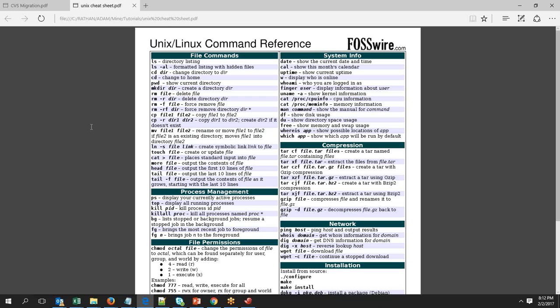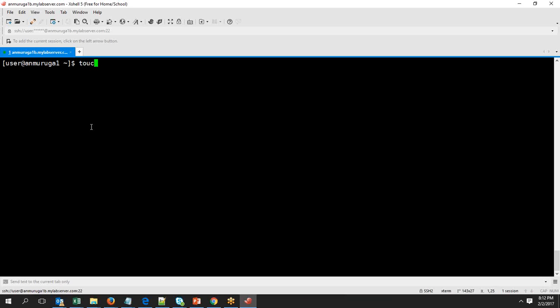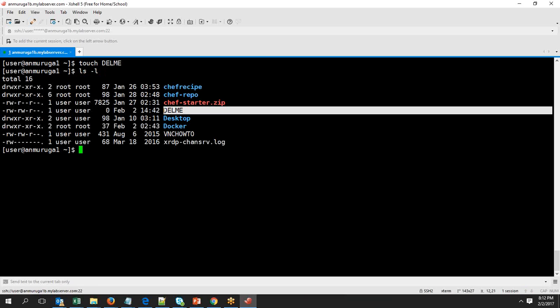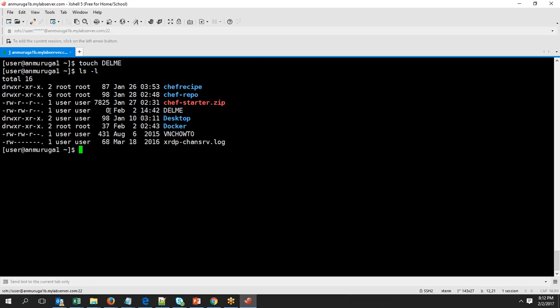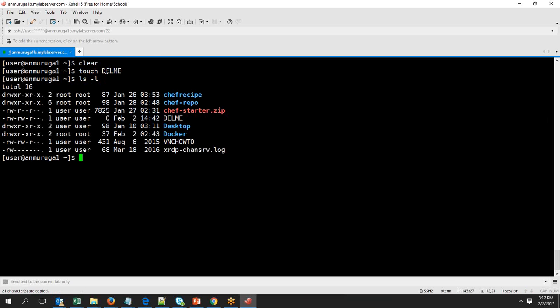Then how do you create an empty file? If you want to create an empty file, you will use a command called touch. If I create a file by saying touch, you can see it will create a file, and this will be a dummy file and you will not have any content inside the file. Okay, so you will use touch to create a file, and whenever you create a file, there will be a